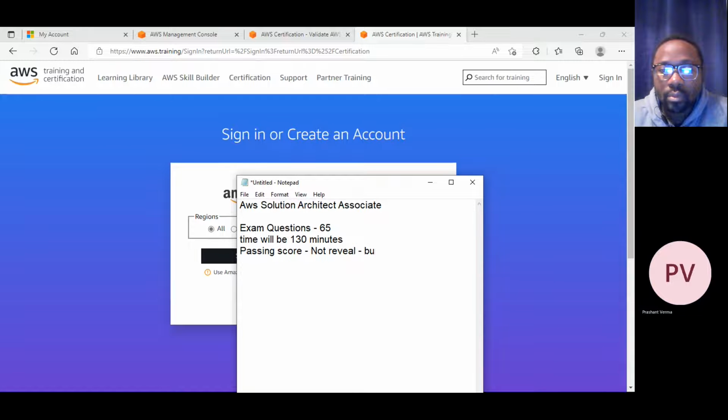But if you get 72% or higher, you should pass. Suppose your exam score is 72% or more, there are chances that you would clear the exam.